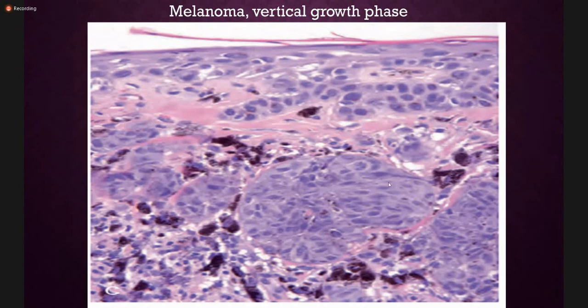As you can see, the melanoma cells are present here in the form of nests, which are very irregular in the dermis. Some cells are also present here, and some are also migrating upwards into the epidermis. Abundant pigment is leaking out from these nests and is present in the surrounding inflammatory cells, the melanophages or macrophages. As you can see, the cells forming these nests have marked nuclear abnormalities and some mitotic activity as well.